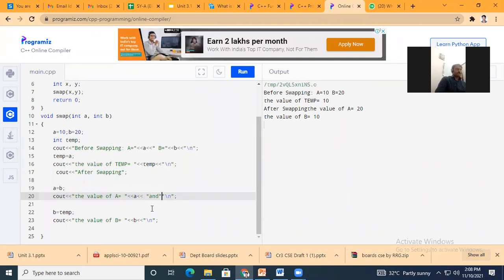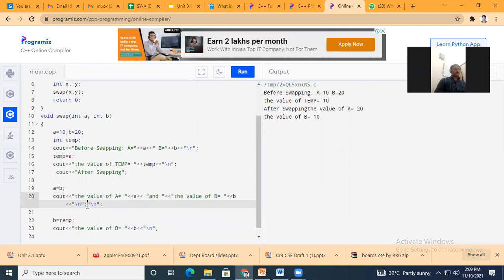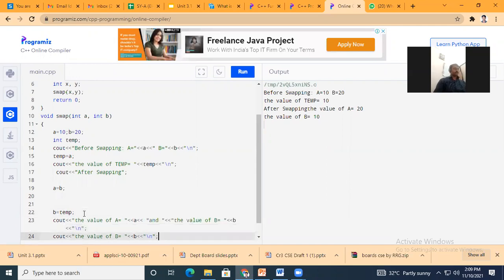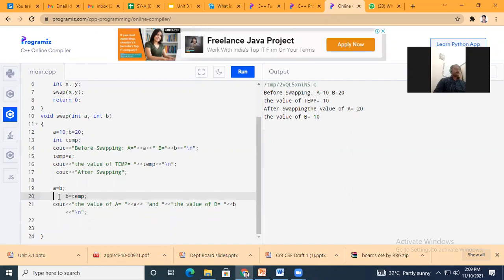That means it needs to be understood clearly. Okay, after swapping, the value of A is equal to 20 and the value of B is equal to 10.